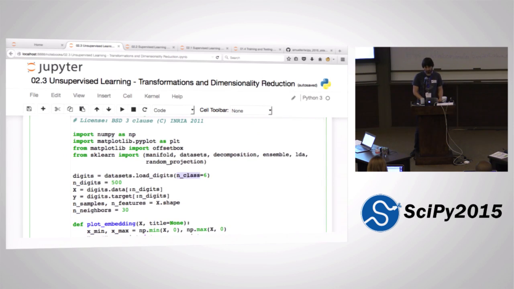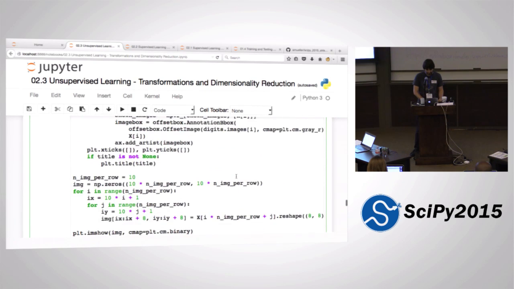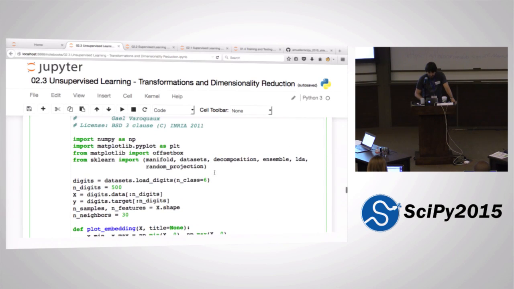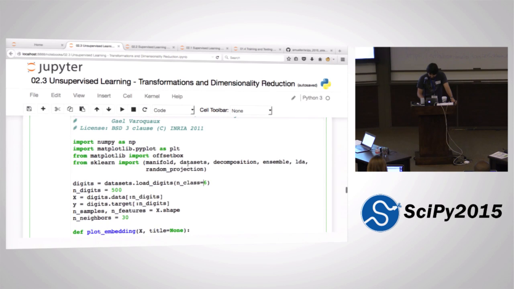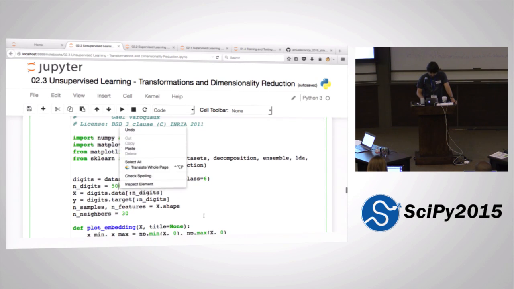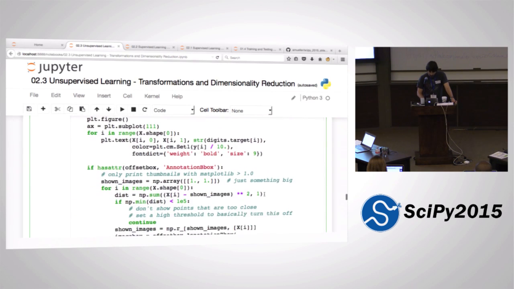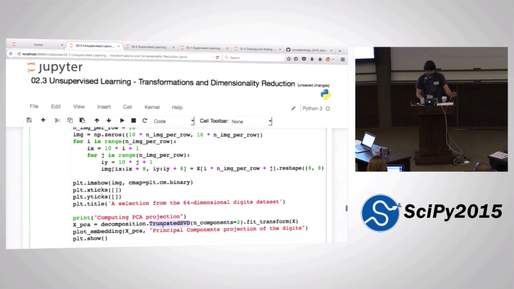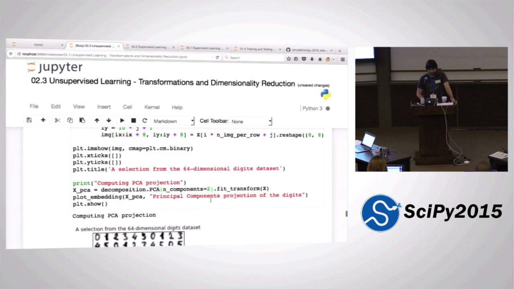So actually we're going to load only, why is this like, you put a fancy example in. Okay. Yeah, maybe we're not going to go through all of the detail of this, but we're going to load only the first 6 classes, so digits from 0 to 5. And yeah, we get 500 of the digits. And then we're going to plot them using... Why are we using this? Okay, this is... Okay,